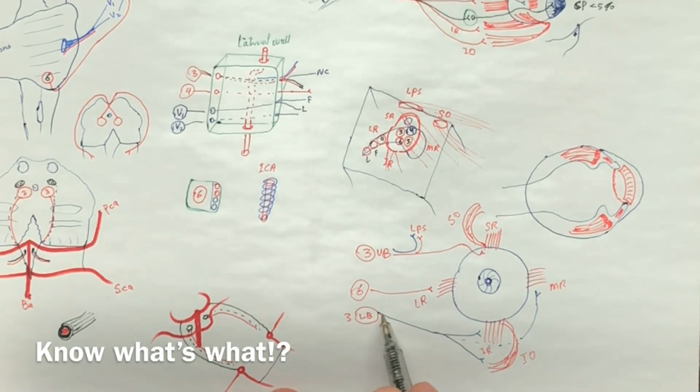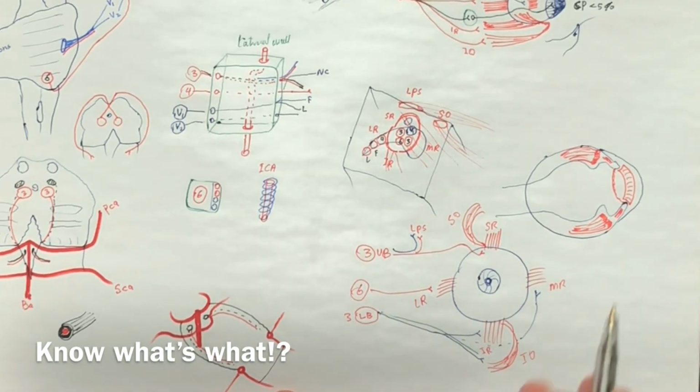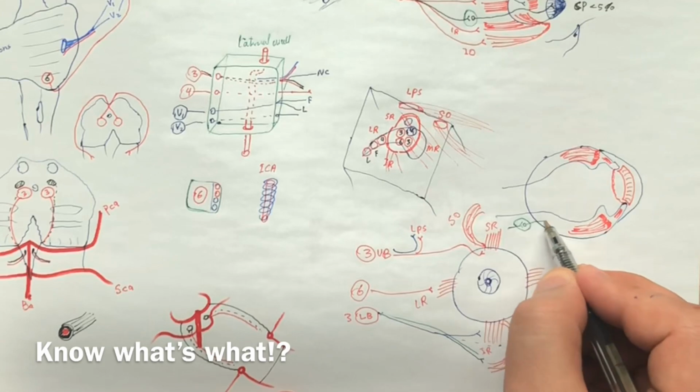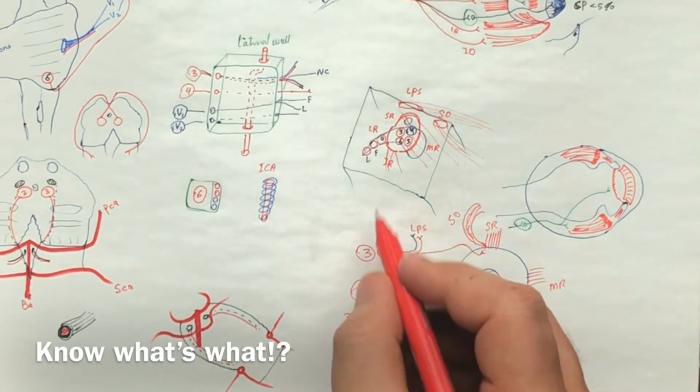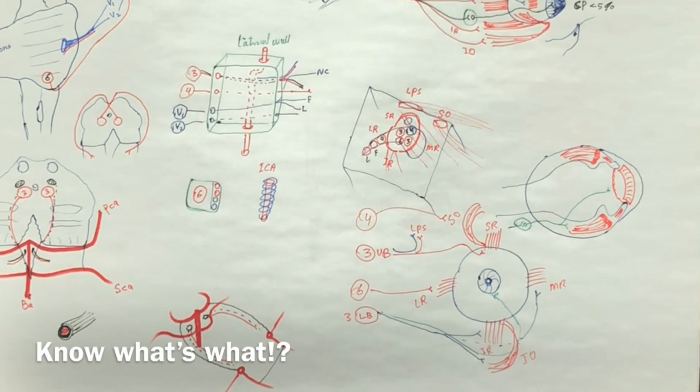So here we have the parasympathetic fibers, which terminate in the ciliary ganglion, supplying the ciliaris and constrictor pupillae. The fourth cranial nerve supplies the superior oblique muscle, and that's all about the extraocular muscles and oculomotor